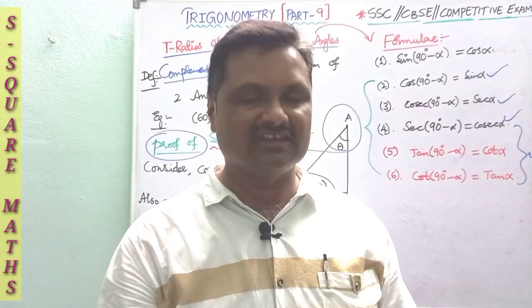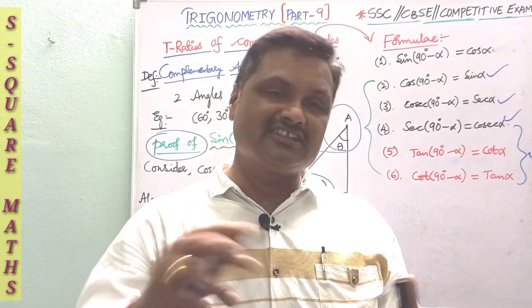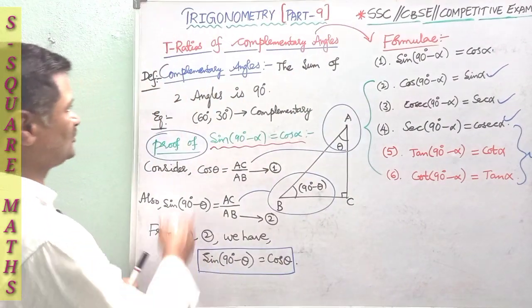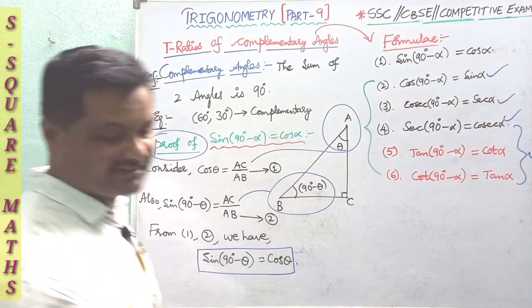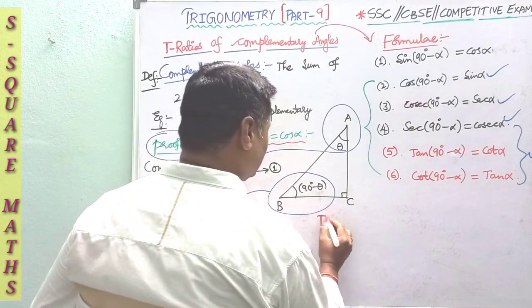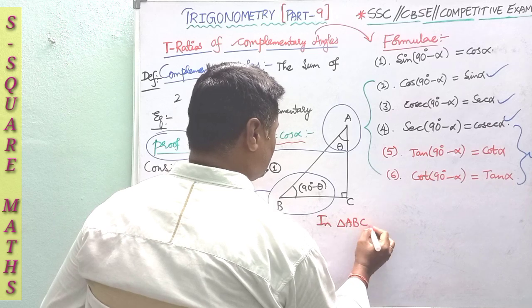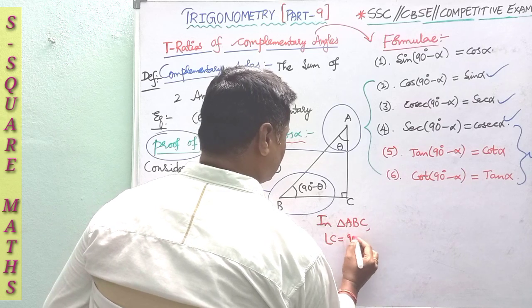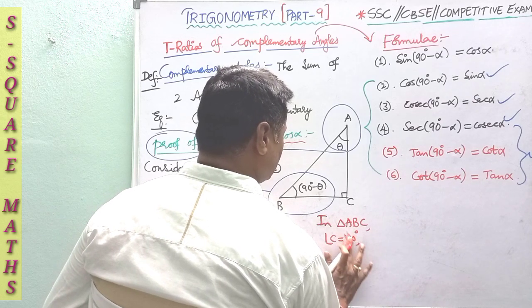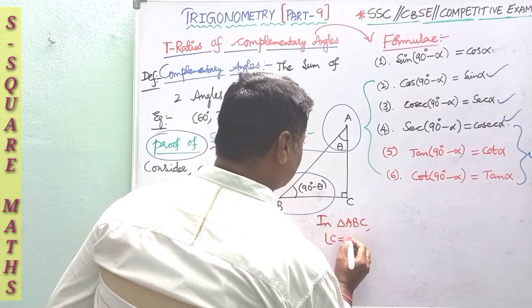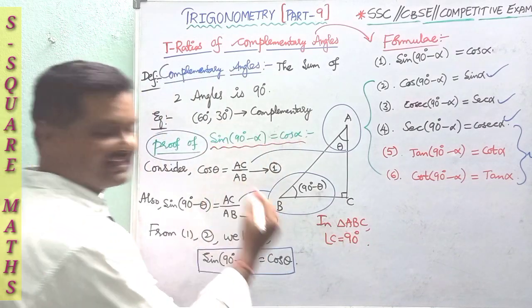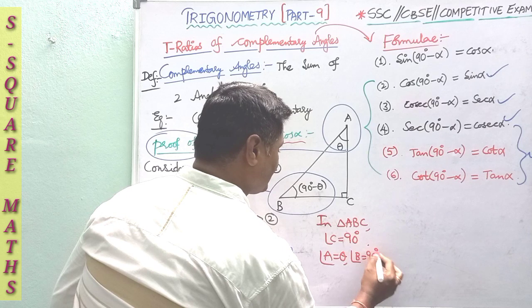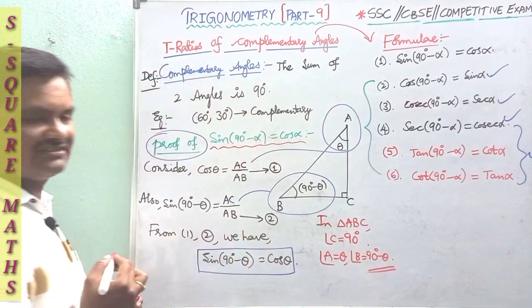So don't skip, till you have some points related to these problems and concepts which are further needed. So in this part I have gone through this one, and here the basic condition for this is nothing but here in triangle ABC, angle C is equal to 90 degrees. Next, here angle A is theta and angle B is 90 degrees minus theta. This is the condition.